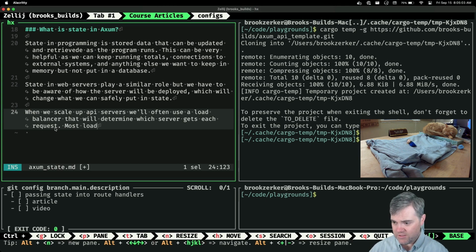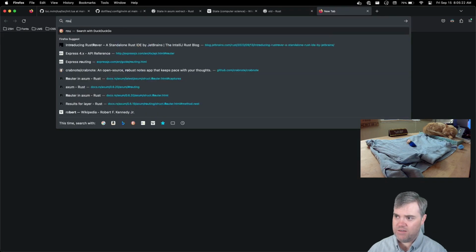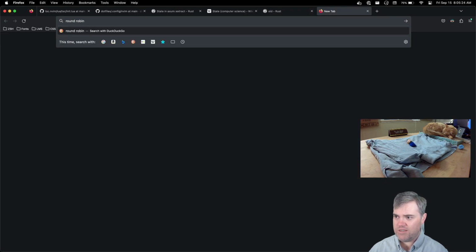Most load balancers are set up with a strategy called round robin. Now, we can maybe do like a round robin load balancing strategy.